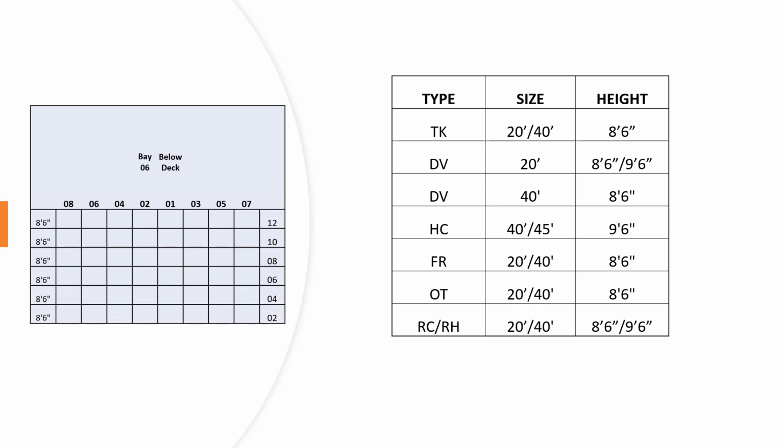Now, let us look at these slots that are below deck. It is important for us to know that each slot can hold a standard container below deck. If you by any chance should place an I cube, then you will automatically lose the last tier. Nothing can go on the last tier because each slot represents 8 feet 6 inches and you put a 9